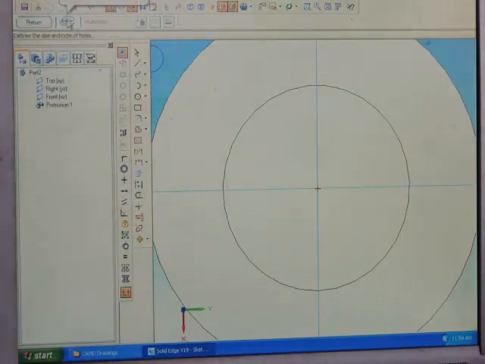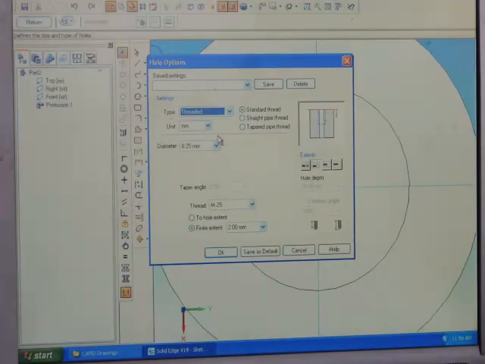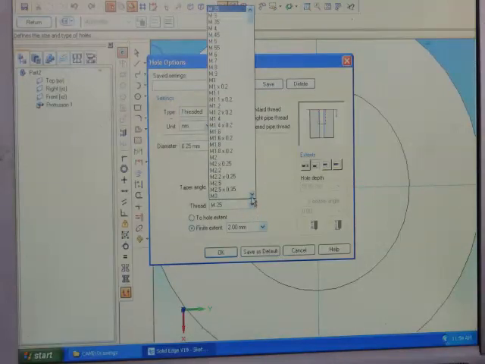So come to this one. So it is a threaded hole. TR 38 into 7 you should take.